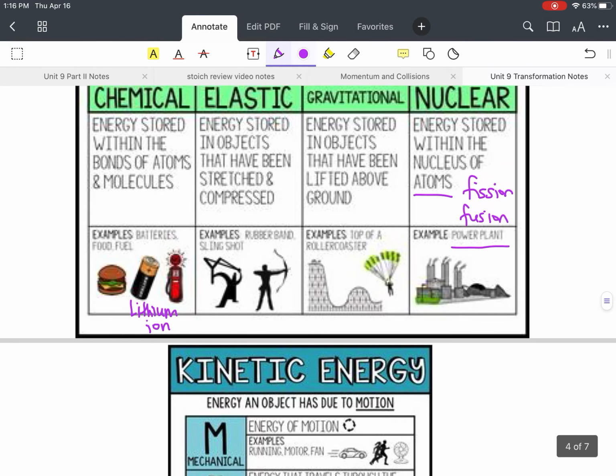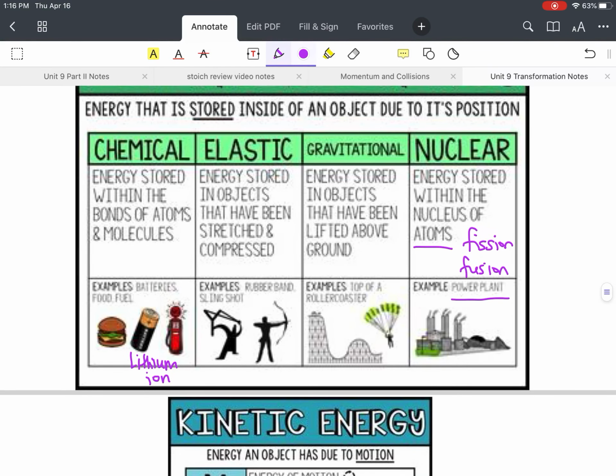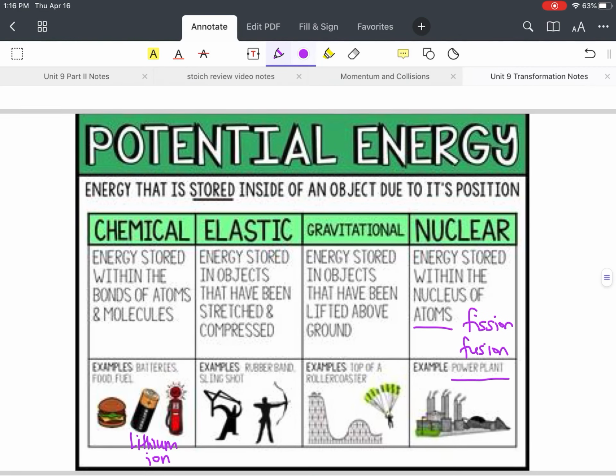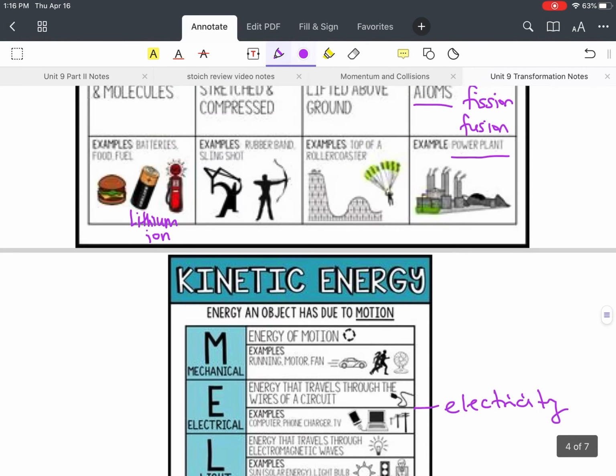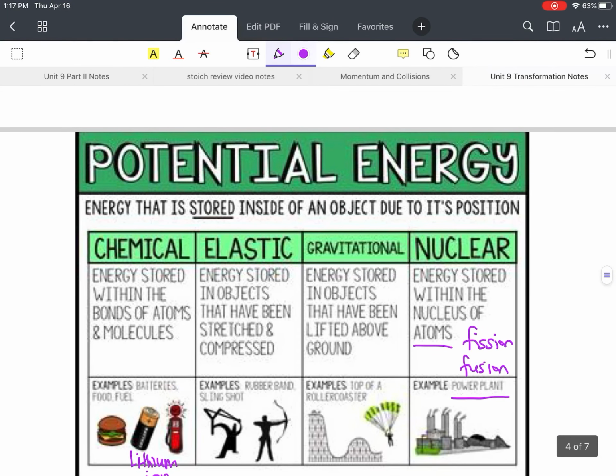So what you're going to do for today's activity, there's just a few little examples of different ways in our world that energy is transformed. You're going to fill in the chart by naming the different types of energies that are present. So you're going to be using these last two charts here to help you. And like I said, I'll post the actual slides also, so you can just pull up the